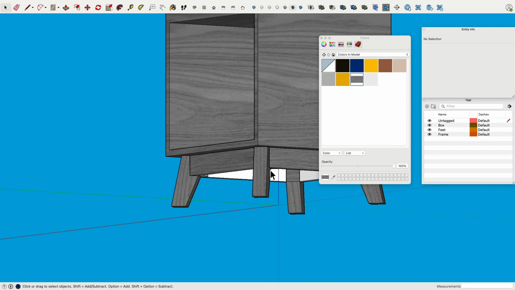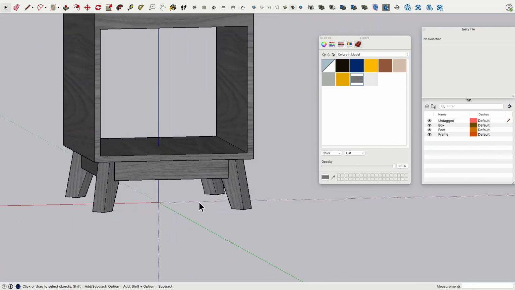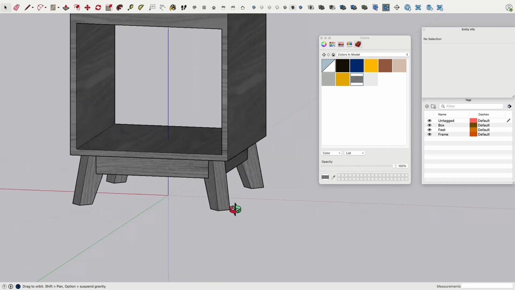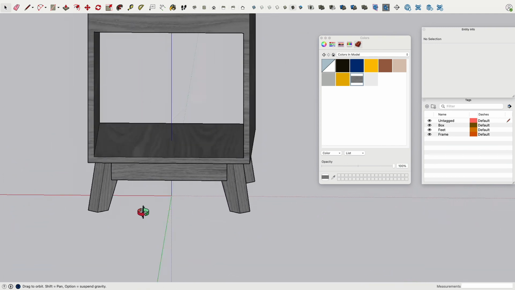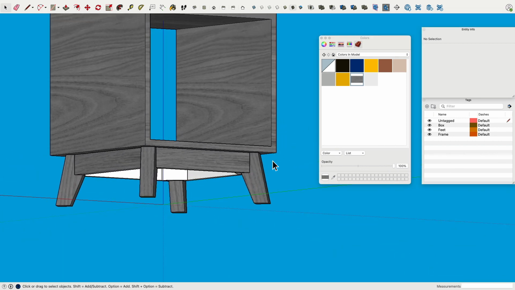Because actually the components share the same material, the problem that can be is that everything looks very similar. Pretty much it is exactly the same. You see the wood grain. There's something we can do about it, because this is the way how components work. But because these are actually